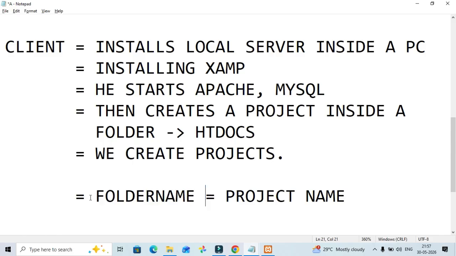So the folder names are similar to project names. Inside the folder name, the project folder, we create